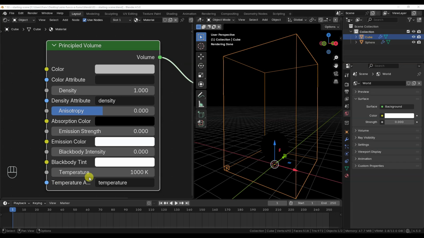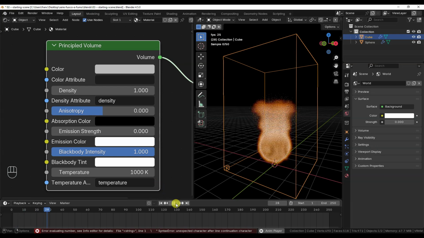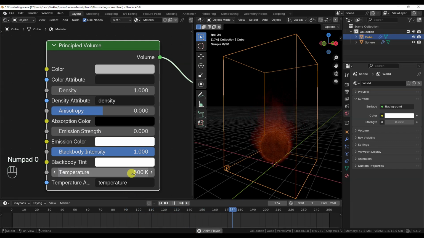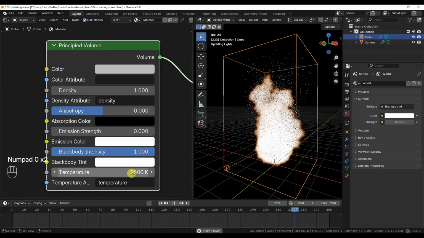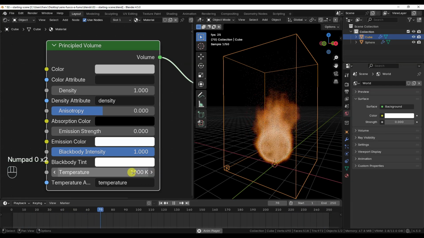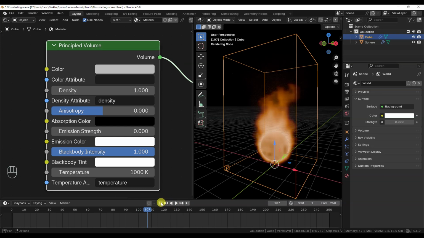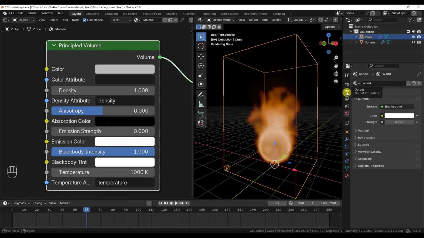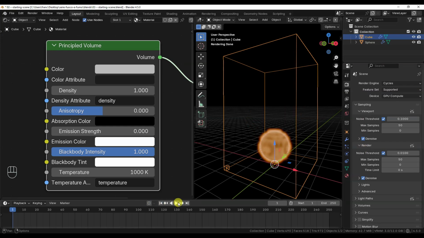The second approach is called blackbody, and this one is physically accurate, especially if the strength is set to 1 and an appropriate temperature value is chosen for its field. With this tool, we can immediately appreciate a nice flame in the rendered preview. The temperature value is expressed in Kelvin, and online you can find many examples of real-world values and their corresponding flame colors. Before continuing, I enabled denoise for the render preview in the Render tab.